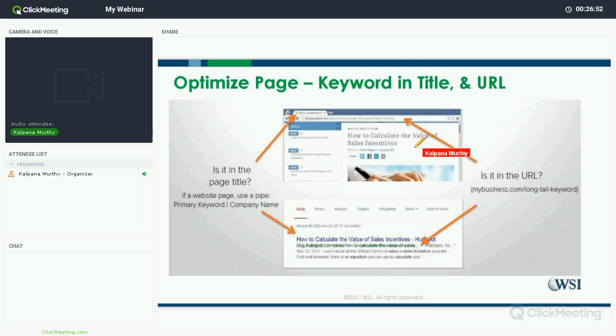Now, just a few screenshots on how to optimize a page. Of course, you have to have the keyword in the title and URL. You see the URL that has a name. When you use a website platform like WordPress, WordPress is pretty SEO friendly. Google recommends it for SEO. It generates SEO friendly page aliases or page addresses. So just make sure you have the keywords. You may go in and change this if you like, if the page name is too long, and shorten it, but make sure the keyword is in the title and the URL and also the title of the page.